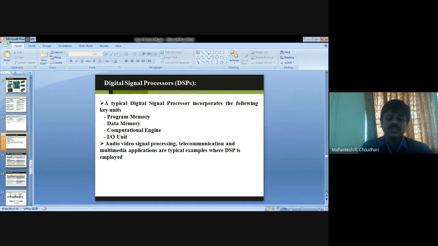Next, digital signal processors, DSPs. A DSP is a powerful special purpose 8, 16, or 32-bit microprocessor designed specifically to meet the computation demand and power constraints of today's embedded audio, video and communication applications.